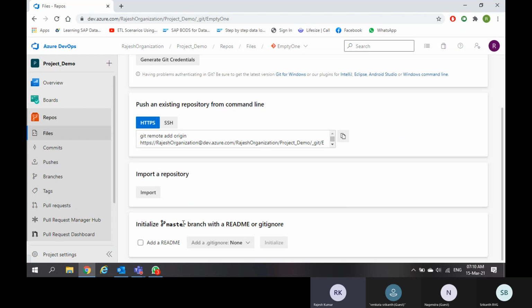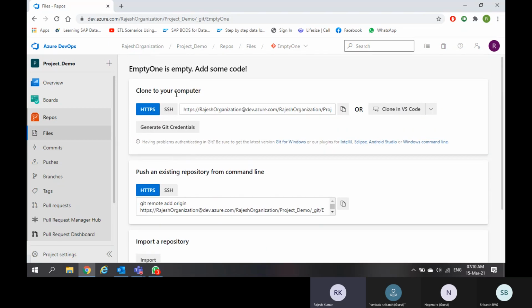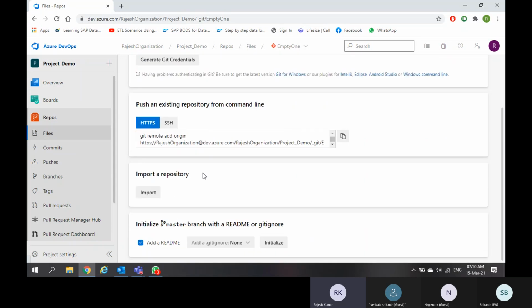The new repository by default will get a readme file. If you don't add a readme file, then you can't initialize this repository. If you add the readme file, you can initialize the repository, and first it will create the master branch. Now, I remember last week we have seen the first step, second step and third step also. Now I will start from here. I am initializing a repository with a master branch inside Azure Repos.